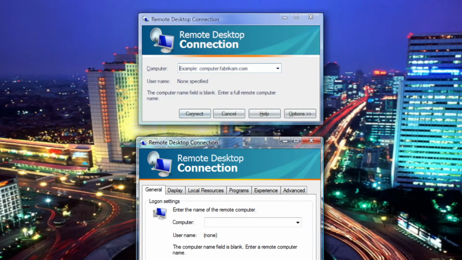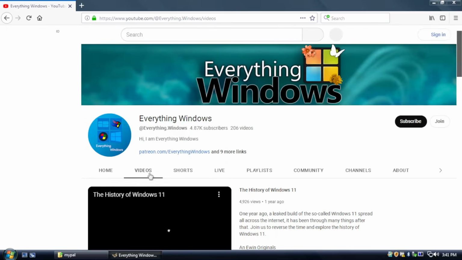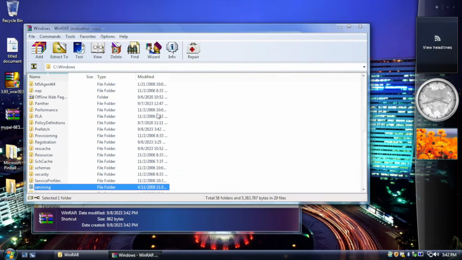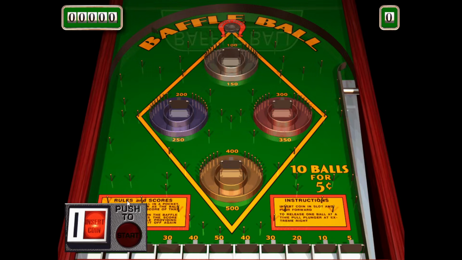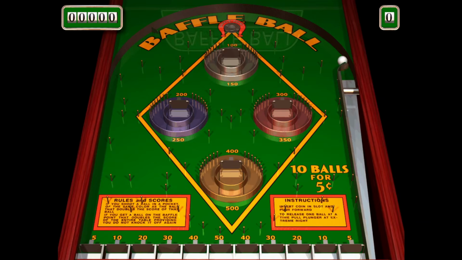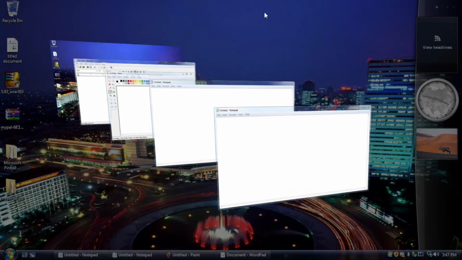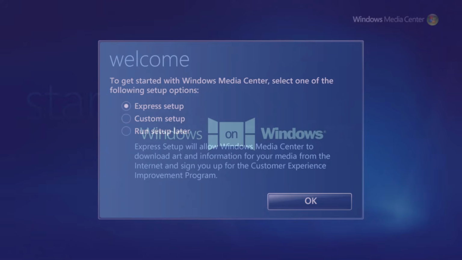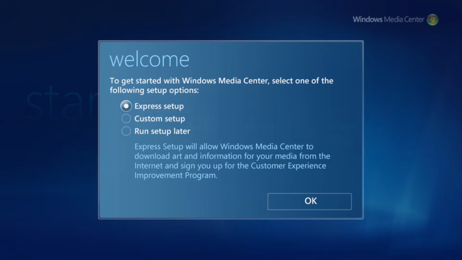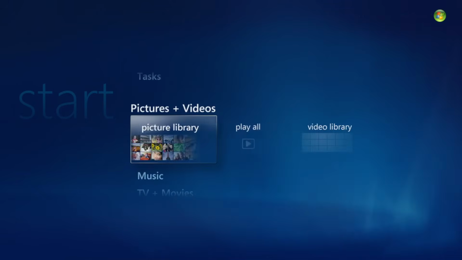Pretty detailed, right? As this is Windows Vista Service Pack 2, as you all know, you can install the latest applications for it, such as MyPal for browsing, WinRAR for file compression, and several games. You're also not missing out on several features such as Flip 3D, Windows Media Center, and the classic Start menu. This project made by Exodus is very brilliant and incredible, and it integrates many beta resources